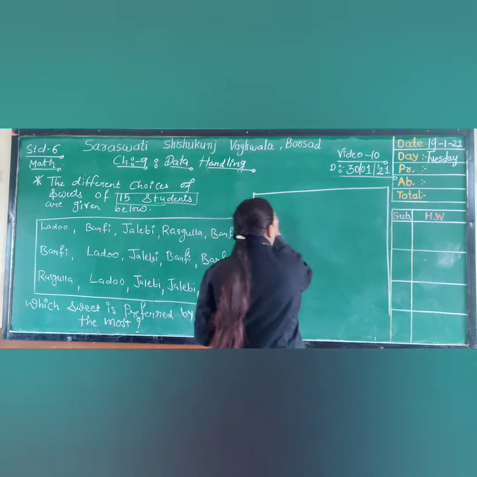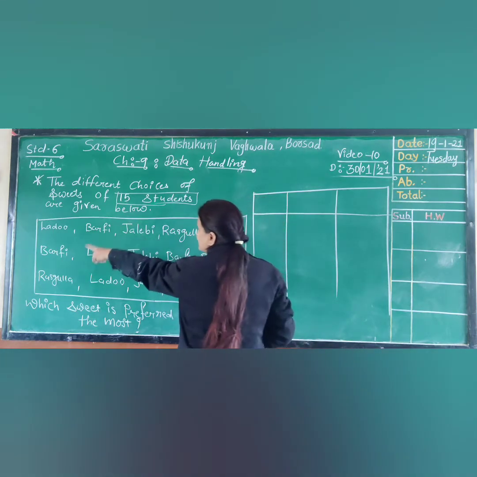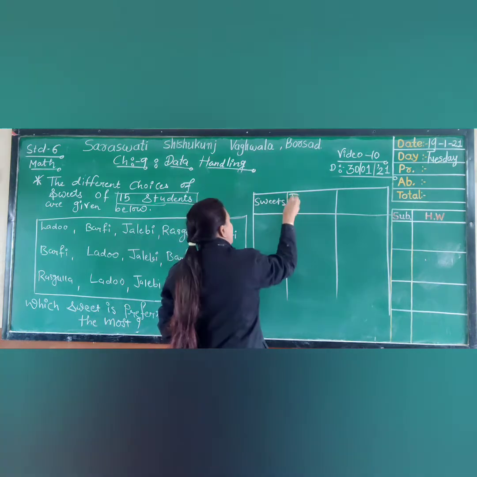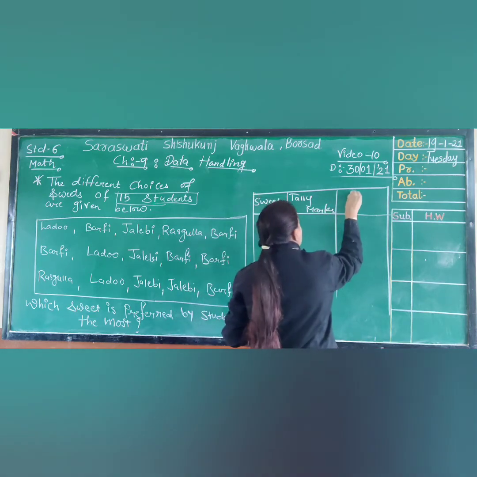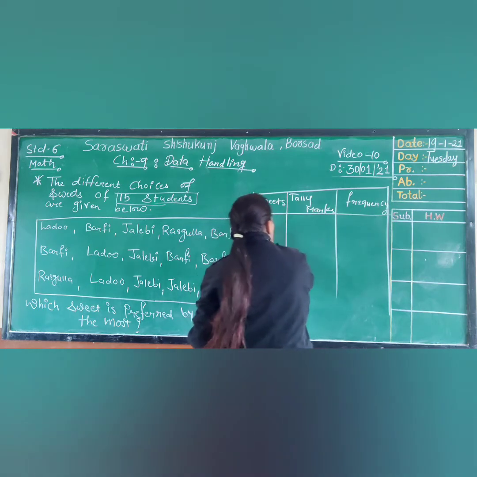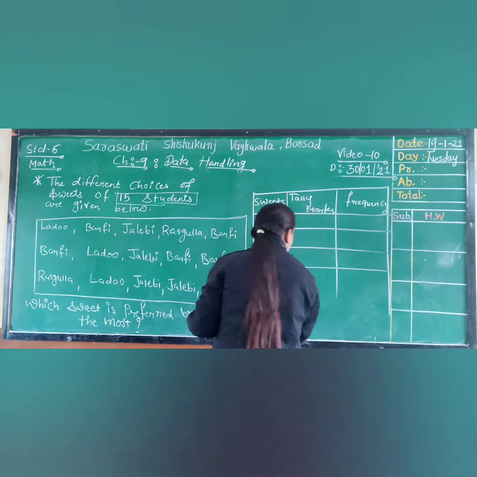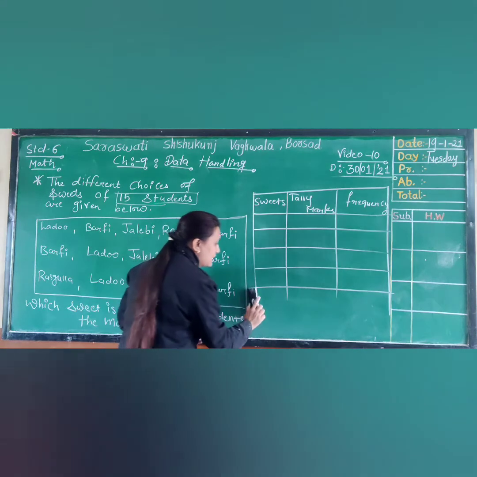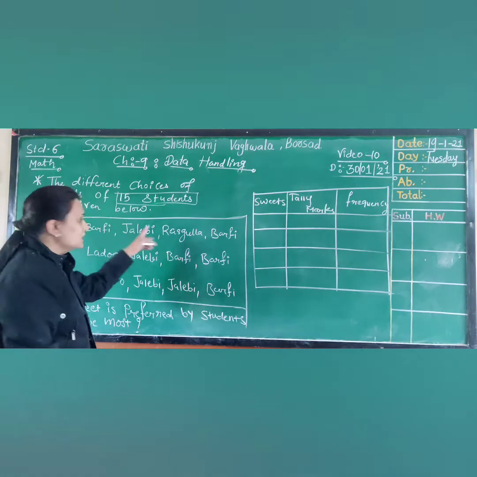Same way we have to use 3 columns. But here in this data we have different sweets. So we are going to define sweets, then in second number tally marks, then last is frequency. Now here you can see we are not able to find a minimum and maximum number because here the sweets are given. So how are we going to find which is maximum and minimum? From the data we have to identify which sweets are differently defined here.